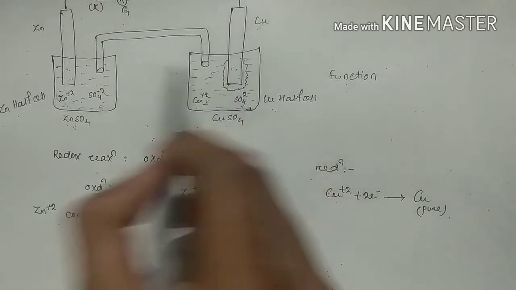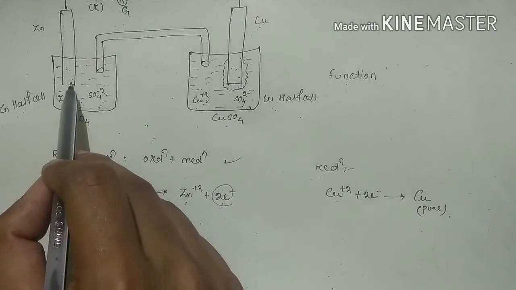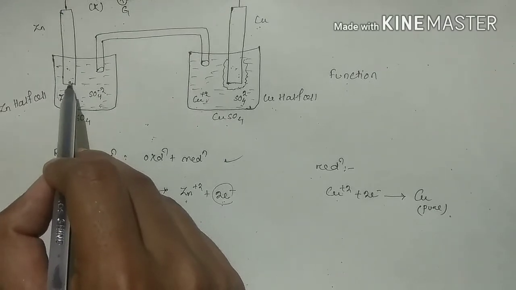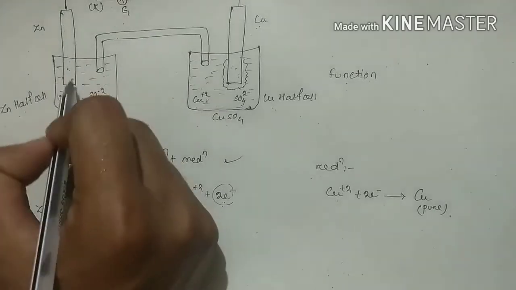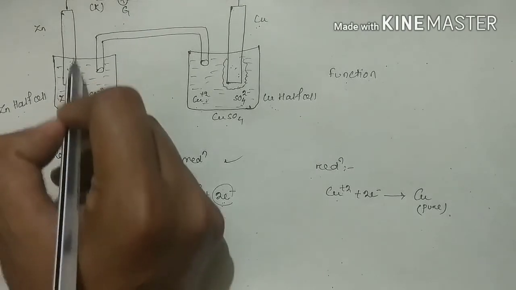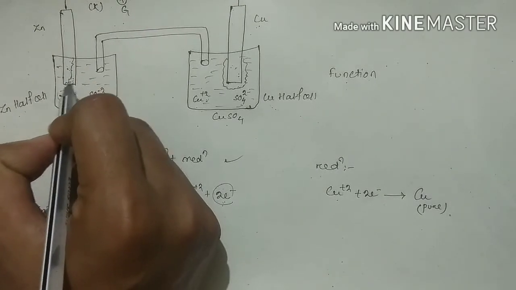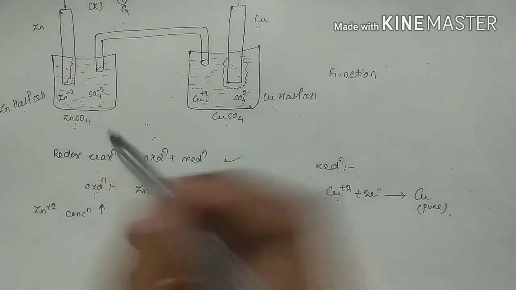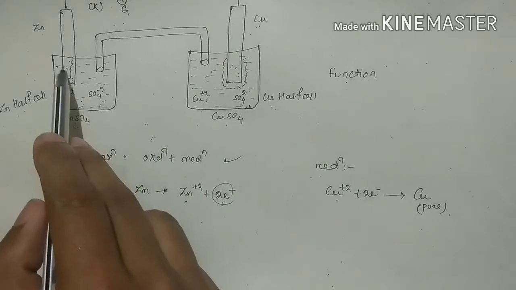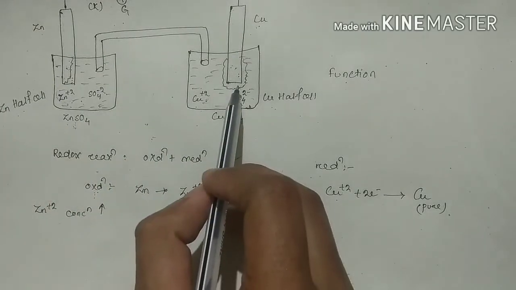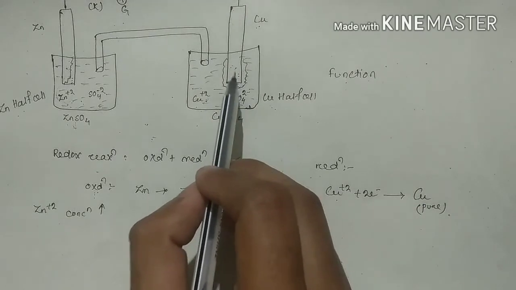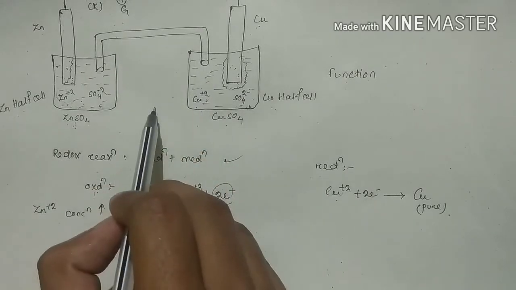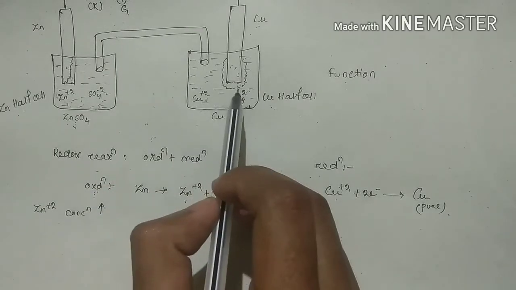And we know that in the oxidation reaction electrons are gradually being removed, so the mass of the electrode will decay gradually. This portion will decay, and as the oxidation reaction goes further, the whole electrode will decay completely, and here the pure copper will form. Okay friends, this is the basic function of a galvanic cell, and during this function we can see that the